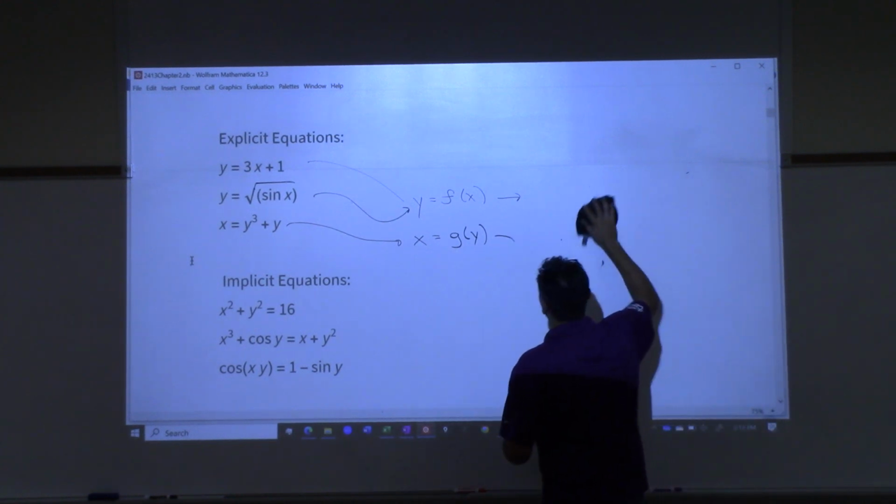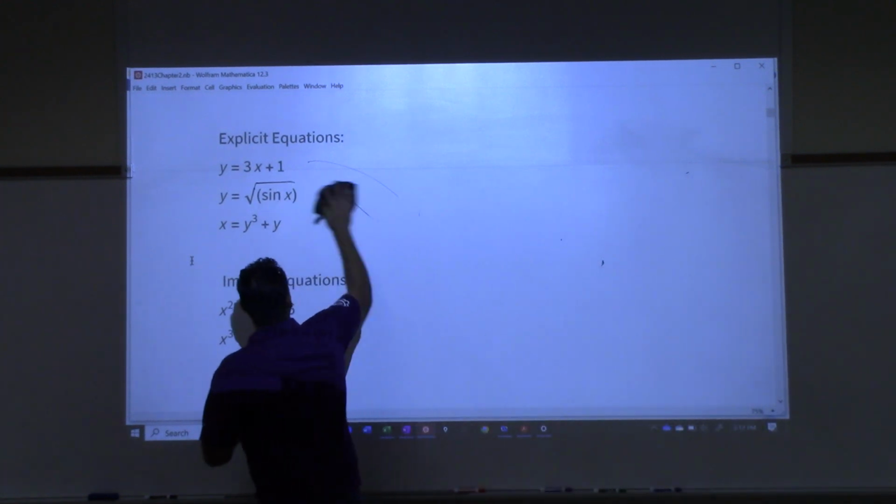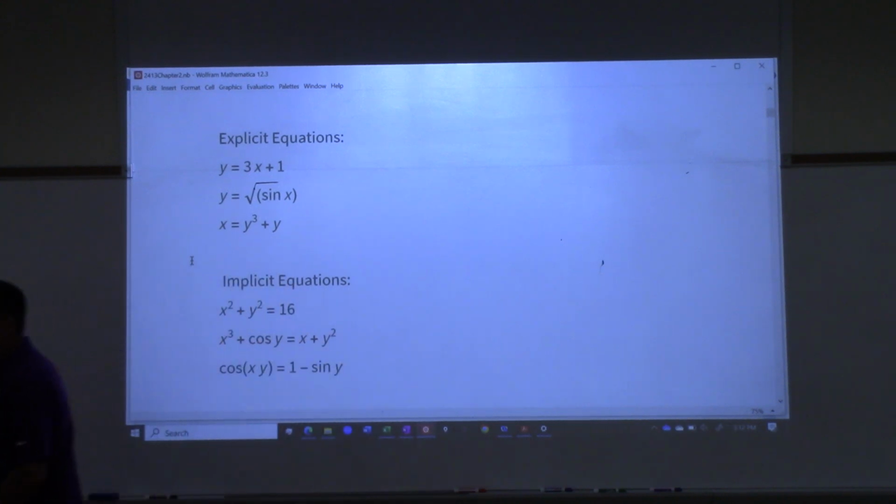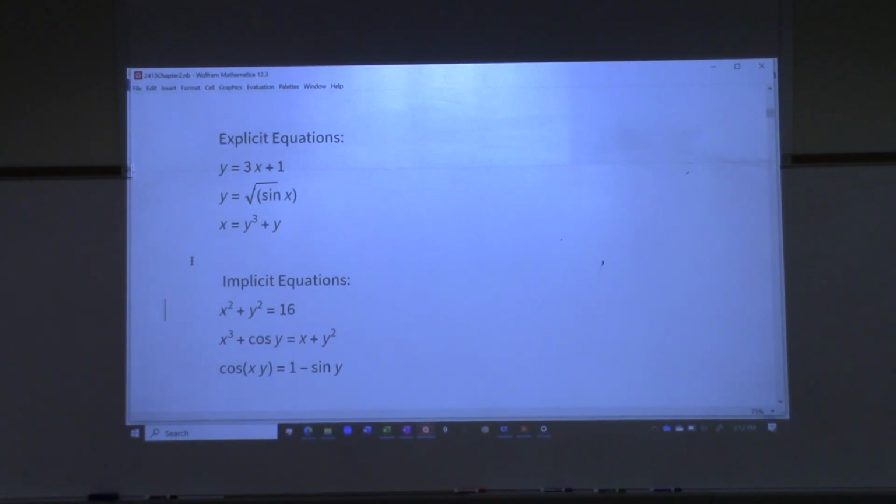and therefore, when you graph them, they look different than our normal functions. So I'm going to go to Desmos, and I'm going to have Desmos graph the first implicit one there. X squared plus y squared is 16. I know all of you know what that is, right? Circle. It's a circle of radius